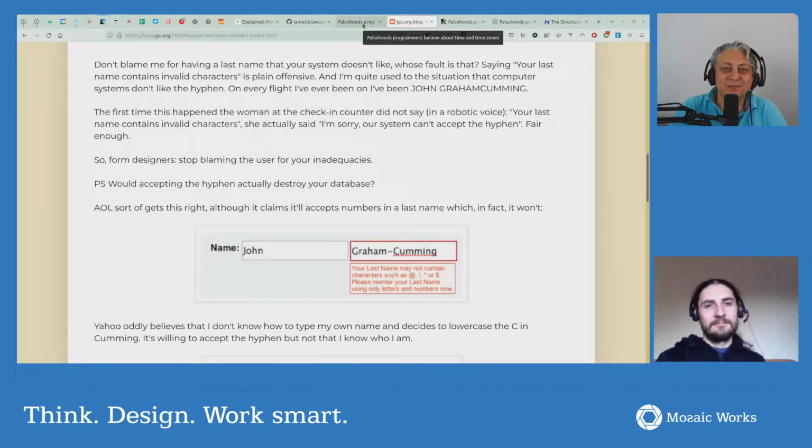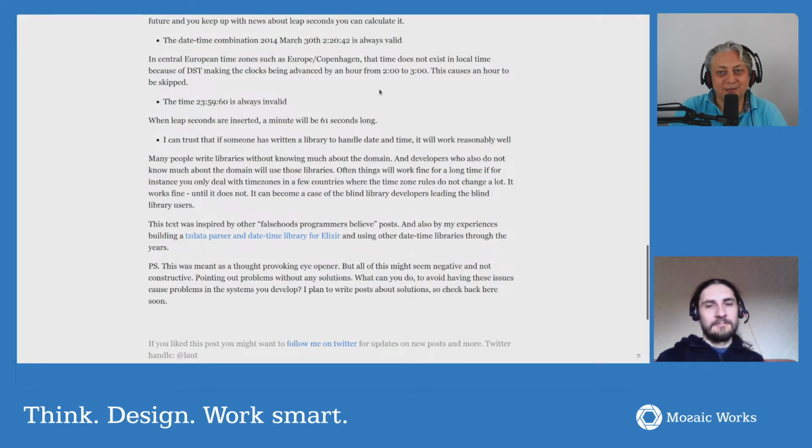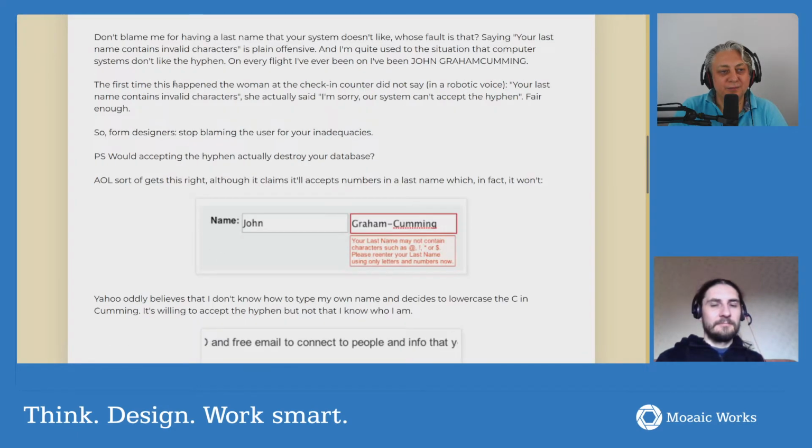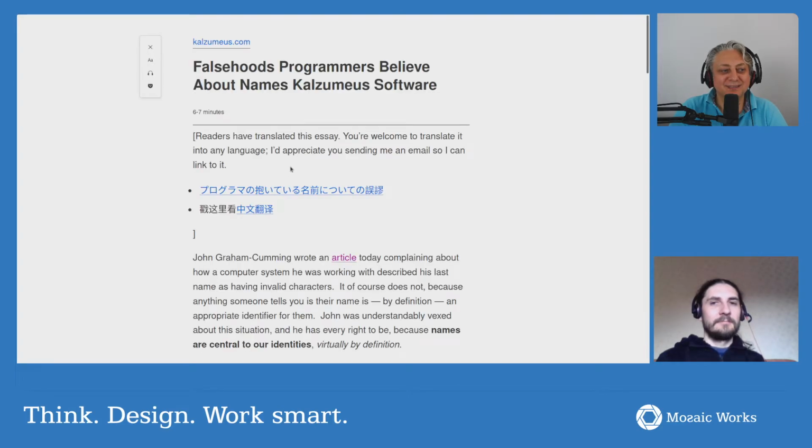I think it's gotten better, but you are correct: actually in government systems, in banking systems, there's still this problem. I know that my name on credit cards is always without a dash, which is not how my full name should be, but they never can have it, and they always make a weird combination of my names. I have too many names, I admit, but they still don't make them quite right.